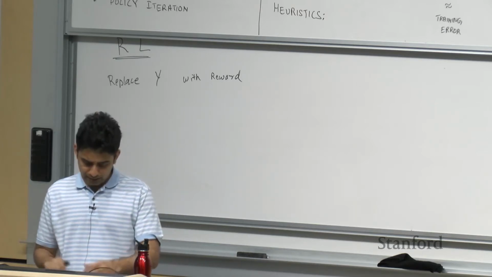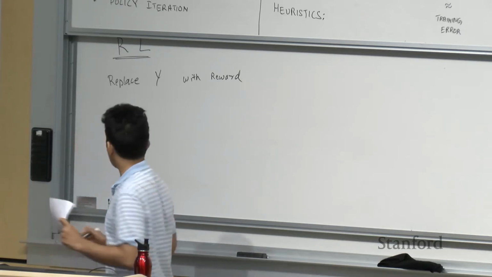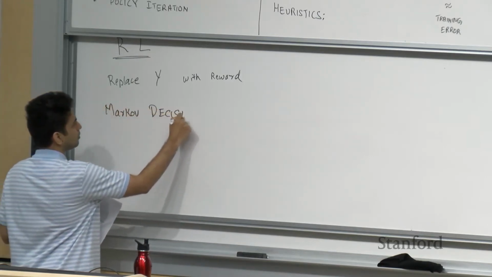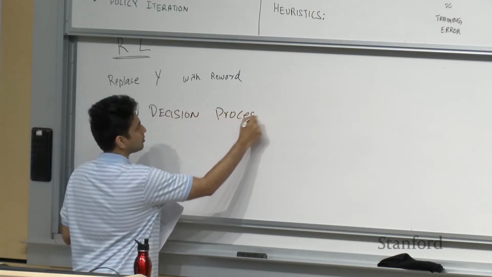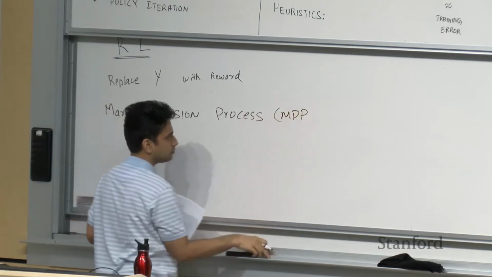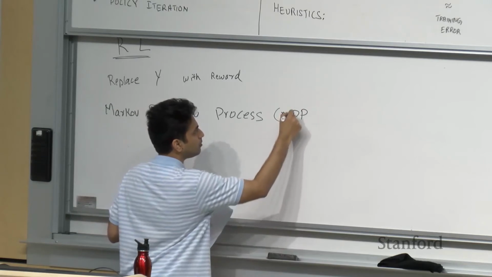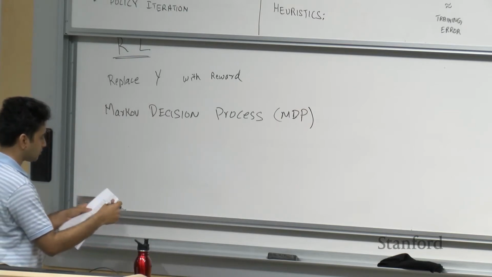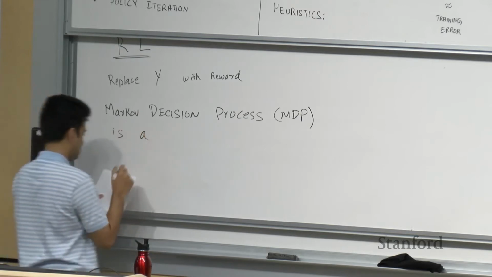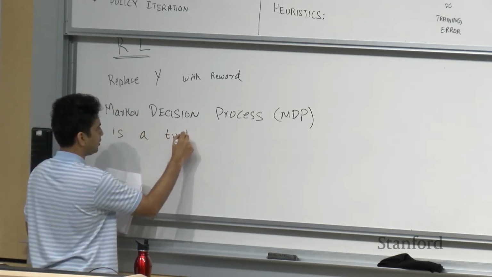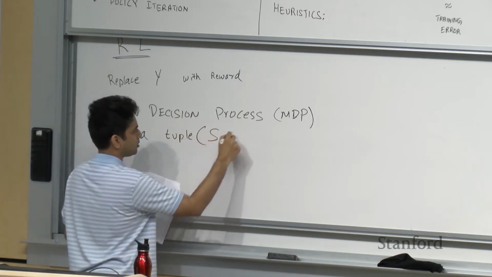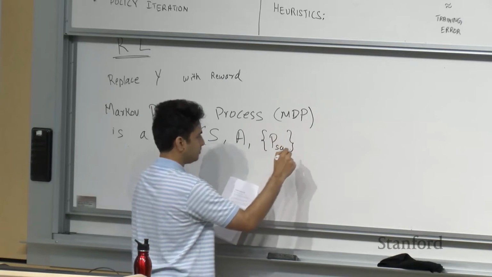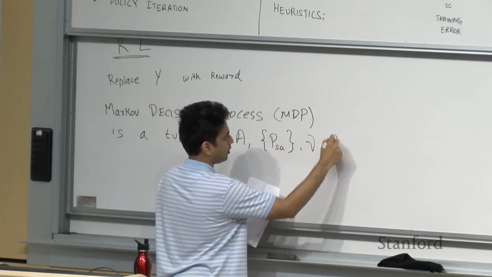And the way we formalize reinforcement learning is through this formalism called MDP, or Markov decision process. Markov decision process. MDP, right? So an MDP is a 5 tuple. It's a tuple containing 5 things: S, A, P_SA, gamma, and R, where